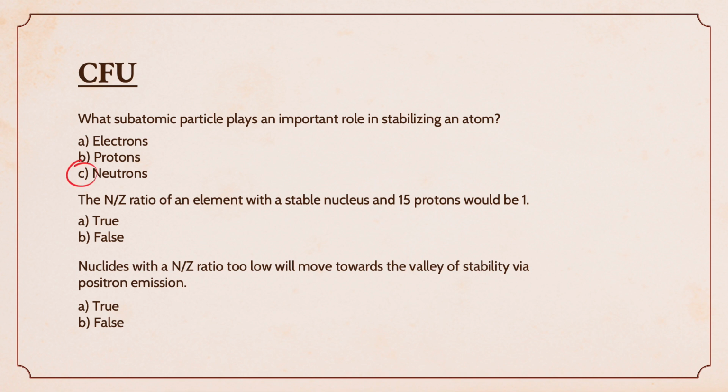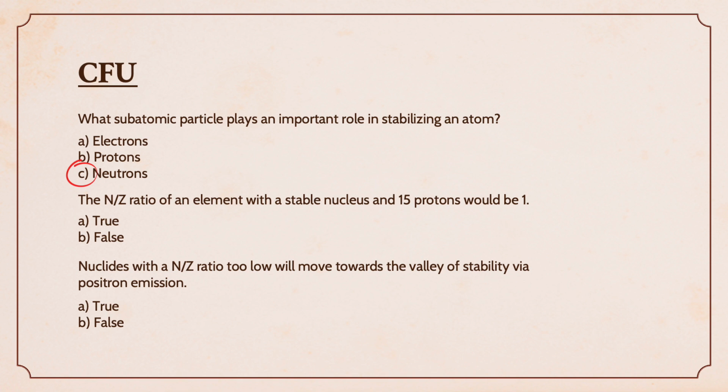The second question says the N/Z ratio of an element with a stable nucleus and 15 protons would be 1. We know that for lighter elements, or elements with an atomic number less than 20, the N/Z ratio would be 1, so this